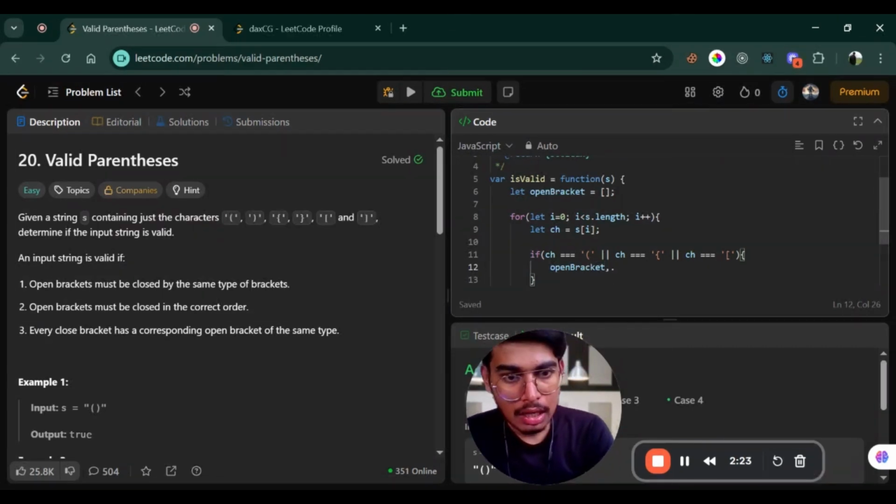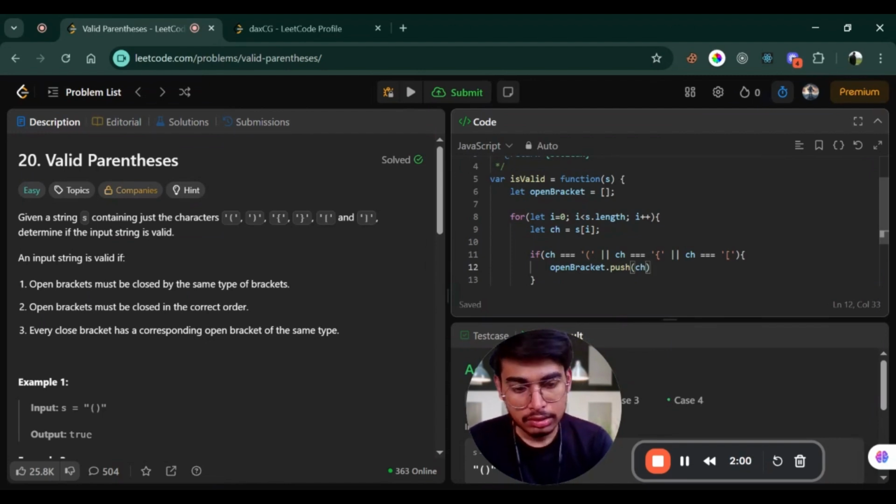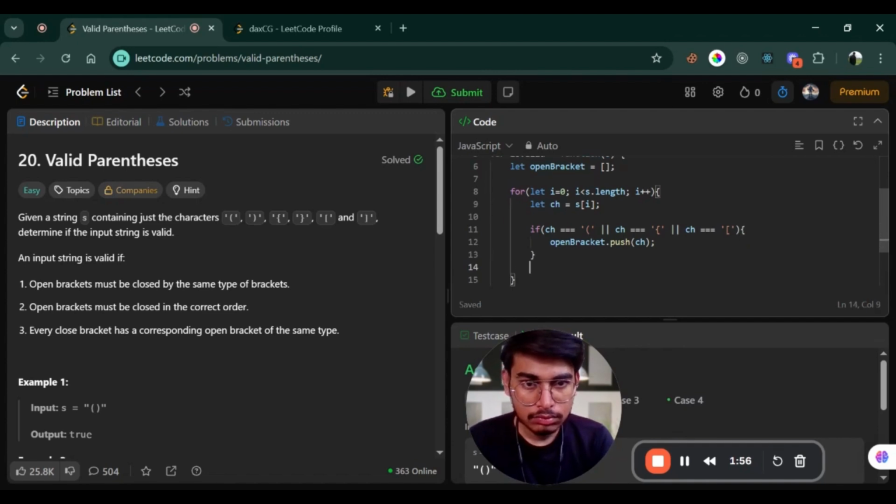Now, if this is true, this is an inbuilt function. So here open brackets dot push is an inbuilt function which is used to add at the end of the array. So here the ch variable we add at the end of our open brackets array. Now ending of this if condition,